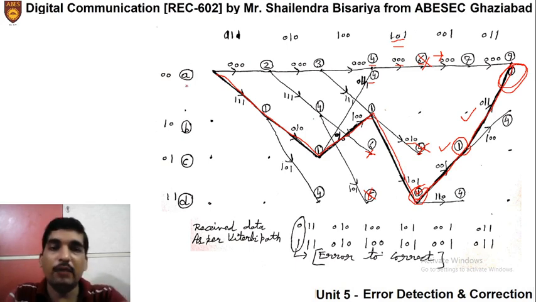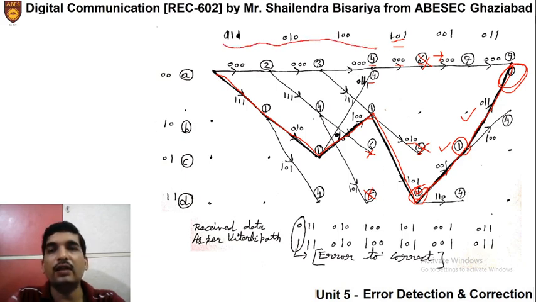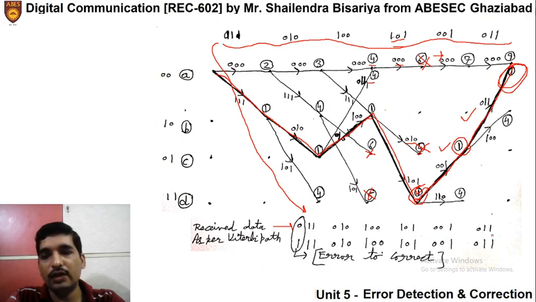Now from this minimum Hamming distance path, using this Viterbi decoding, how do we find where the error is in the given output sequence? Here we write the received data first, as it is, as written here. I have written it here, that it is 0 1 1 0 1 0 1 0 0 1 0 1 0 0 1 and 0 1 1.